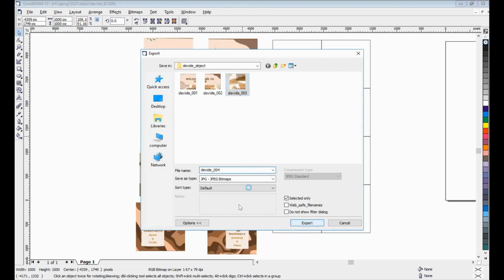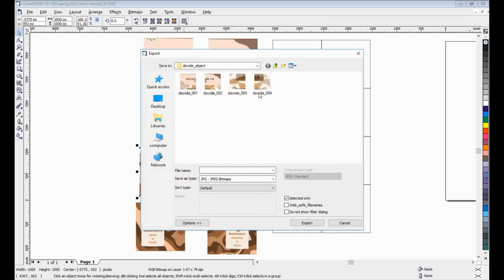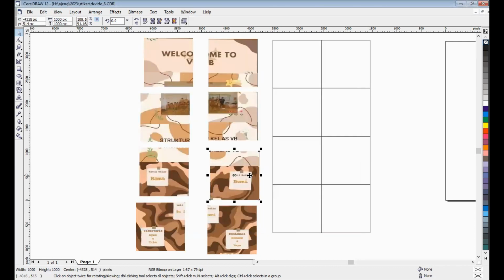This object we can lay out on Dreamweaver, maybe, yeah, we can lay out for web design, maybe.